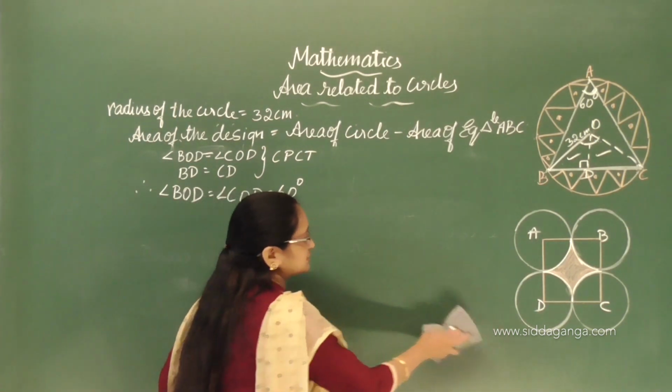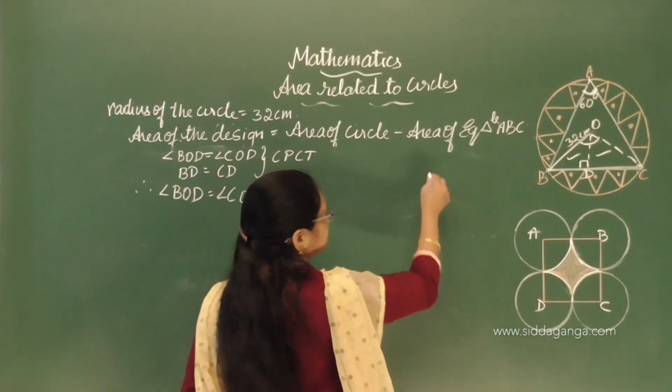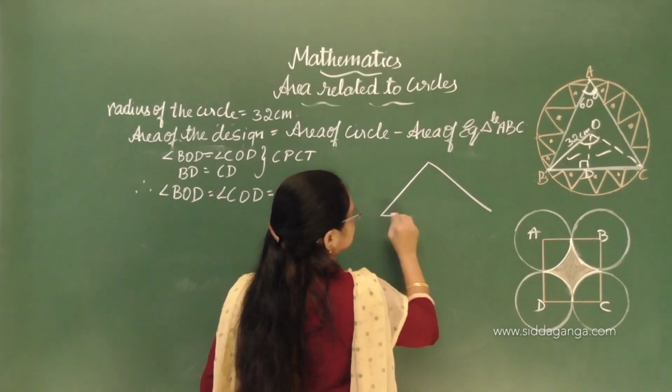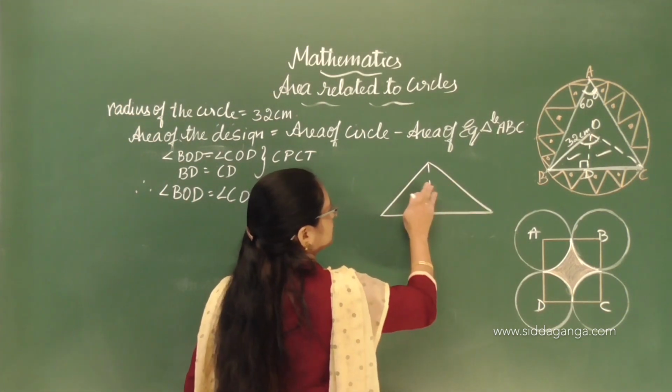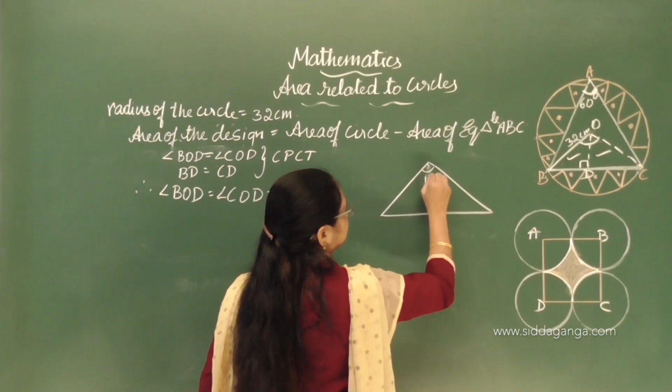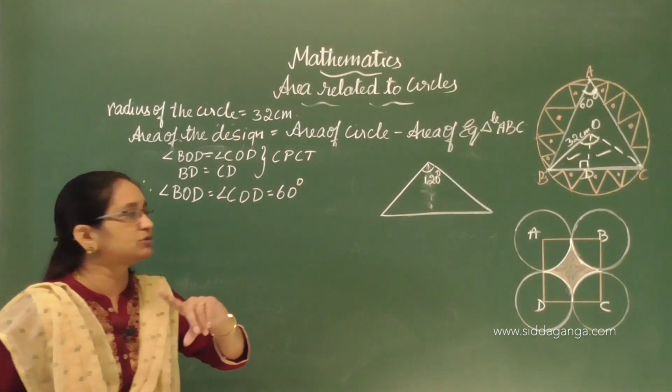Okay. Now this part is completed for us. One is this method. Again here you can do one more method. See, I will just show you. You have drawn this, and now this is 120, you all know. You can do it like this also. Please note, you can do it like this also.